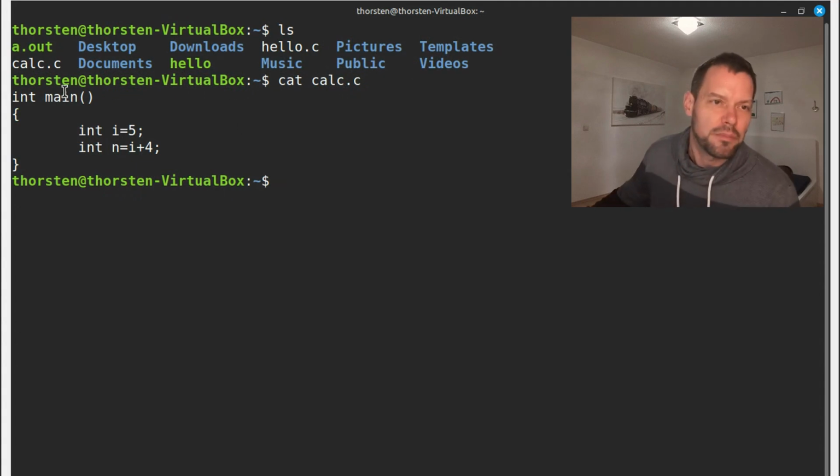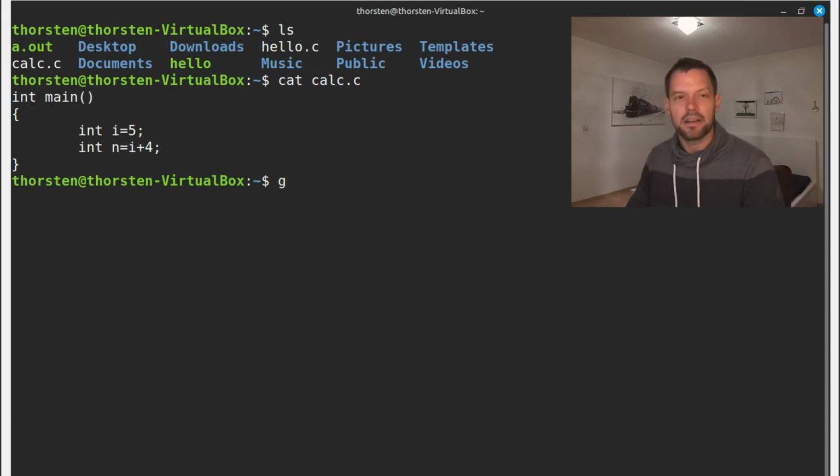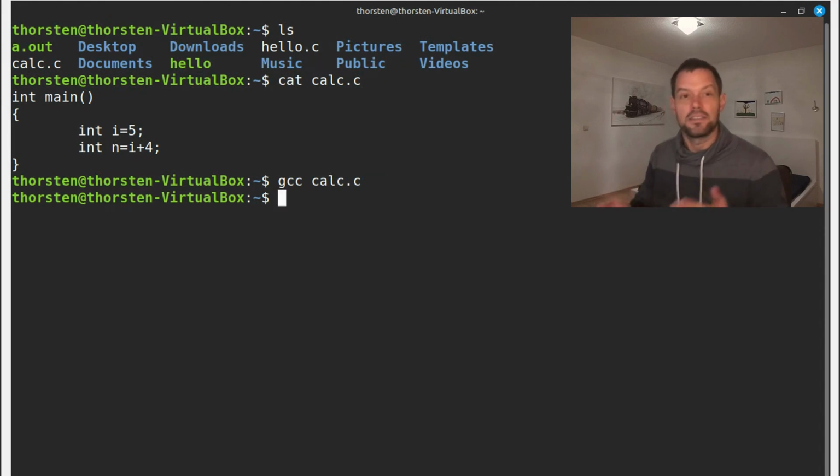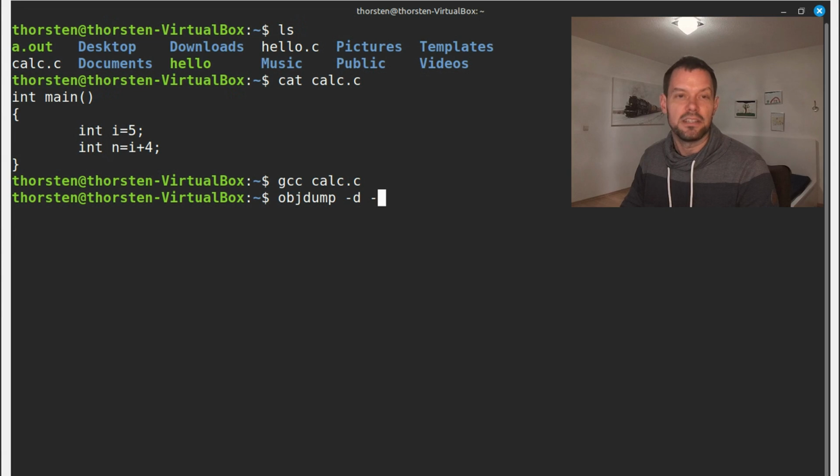And you see this program does nothing else but create an integer, set it to 5, and then use the integer and create another integer and set it to I plus 4. So when I compile it, I translate it into machine language. So compiling is translating into machine language. And then when I disassemble it, for example, with the command objdump -d,